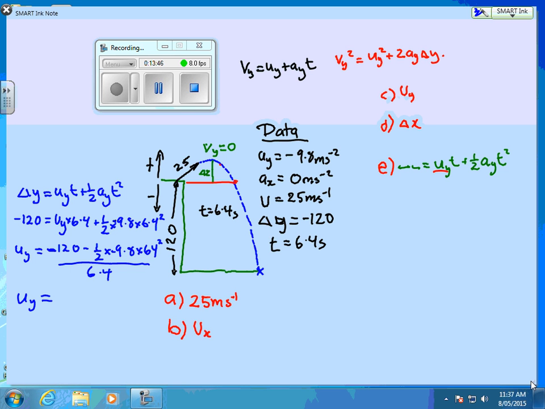No, I haven't moved 120 to the other side. You moved the other side. I moved everything here to that side. So now it becomes, I didn't move the 120, everything moved to the 120. Yep. So we end up with minus 120 plus 200.704 all over 6.4, which equals,